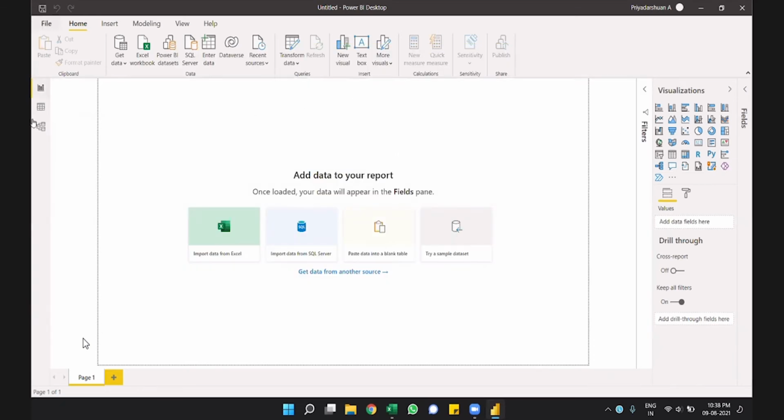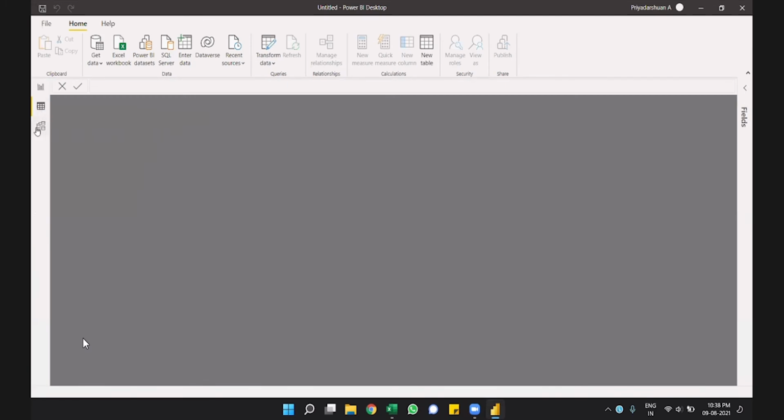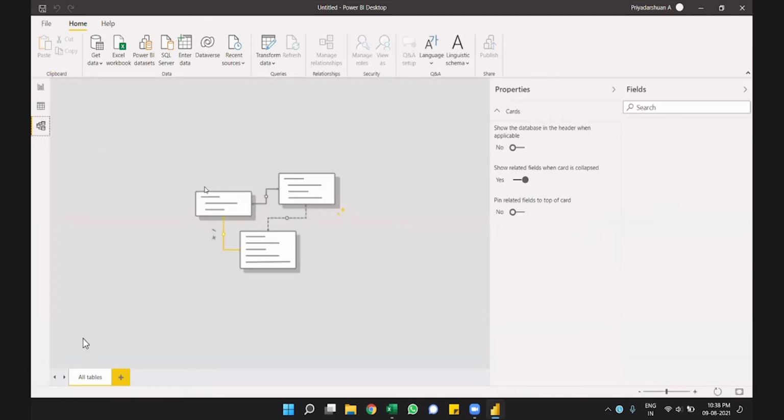Now what you're seeing is the Power BI Desktop development environment. There are three main areas here. This is the place where you make your report, where you can keep visuals like charts. This is the canvas. This is the place where data will be available, and this is the place where you'll make relationships between data.